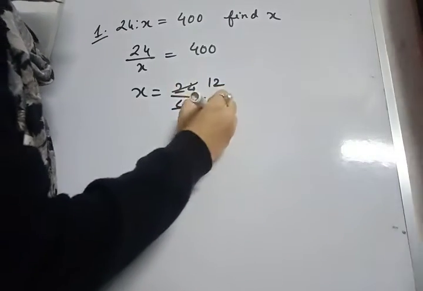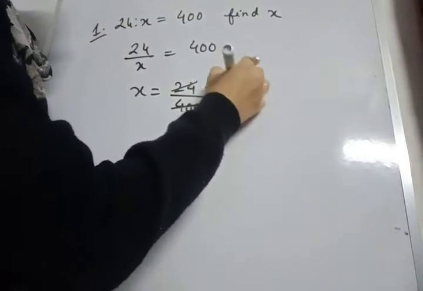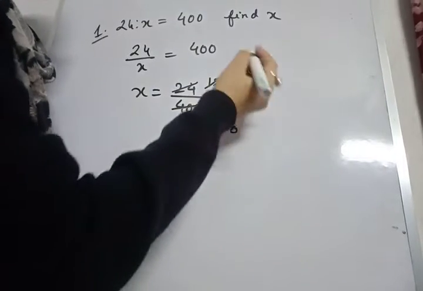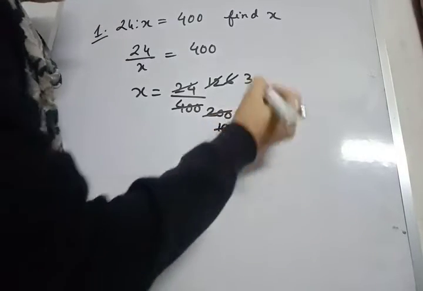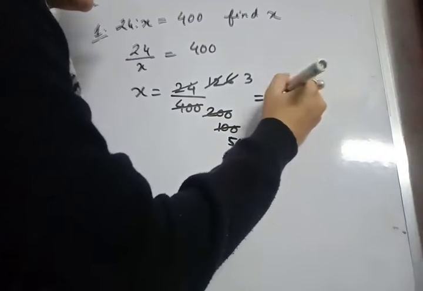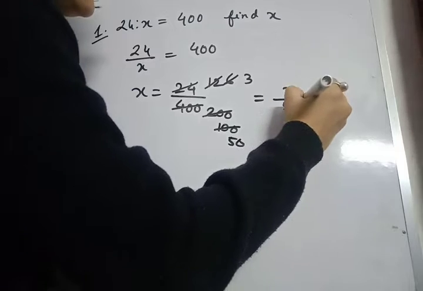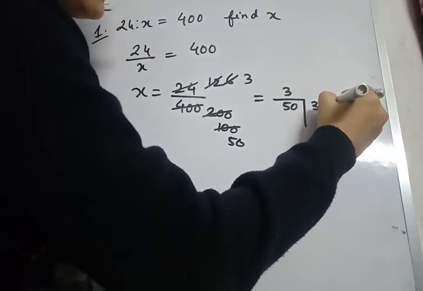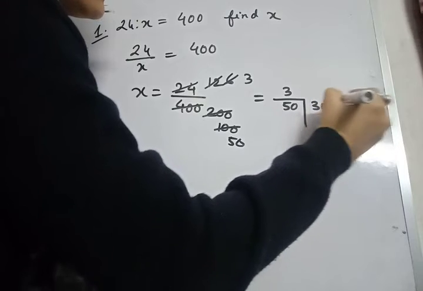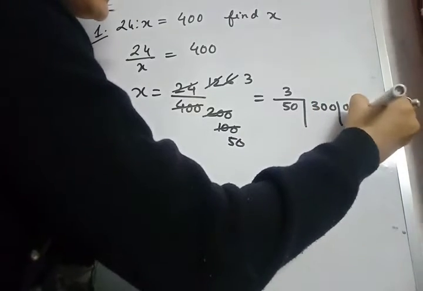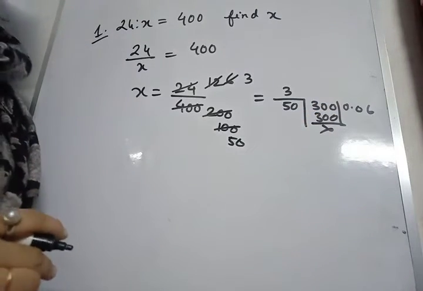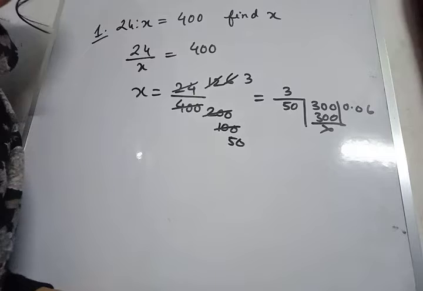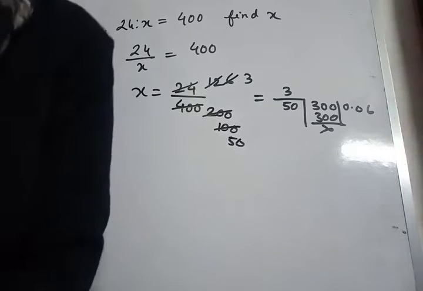So, this one, 2 12s are 24, 2 6s are 12, then 2 3s are 6, 2 5s are 10. So we can write x is equals to 3 by 50, or I can write like this, 6 5s are 30. Okay, so answer is 0.06 or 3 by 50. Then sum number 2 of the worksheet is